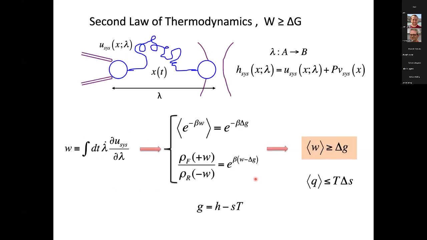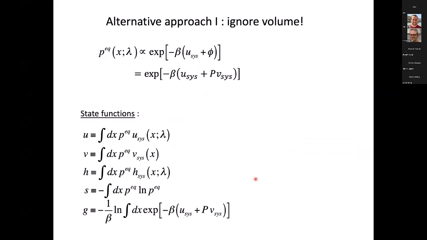What I want to do now is go through, and I'll do this much more quickly, three different approaches that I'll call alternative approach 1, 2, and 3 to the same problem. So let me start with the simplest one. Alternative approach 1 is just to ignore volume, to never pretend as if the concept ever existed. So again, let's start with